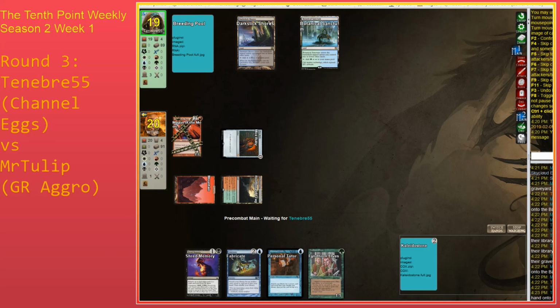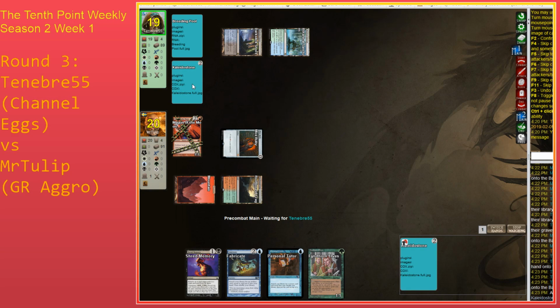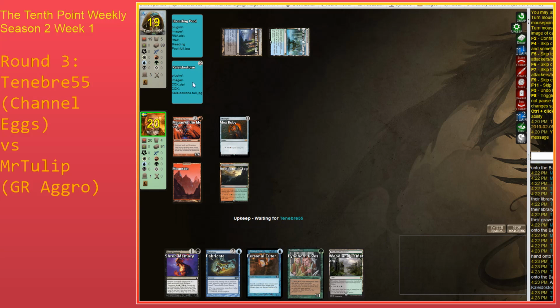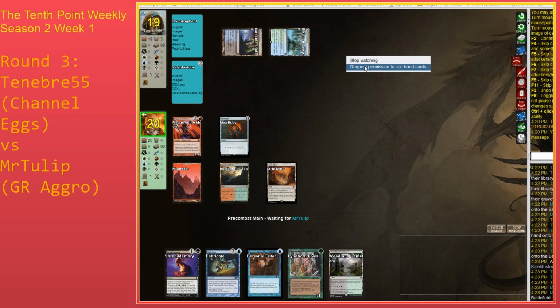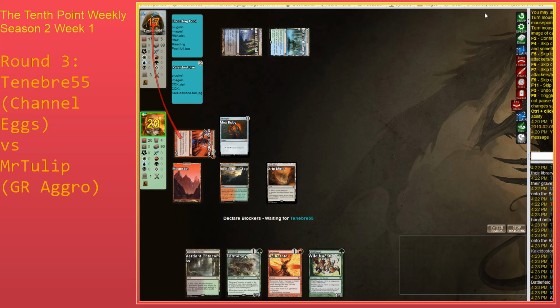Tenebrae's looking at 3 mountains and a lot of non-red cards in the hand. Tenebrae has a lot of eggs, like this Kaleidostone, which is also not showing up on the stream, and I'm sorry about it. That can filter mana, so this Magus of the Moon is bad for him, but it's not crazy. He can still use his card parity eggs to make the mana. Just the fact that Tulip has drawn Strip Mine here makes it near impossible for Tenebrae to win. Even if he finds a basic...